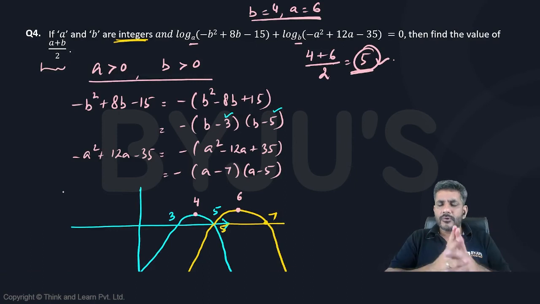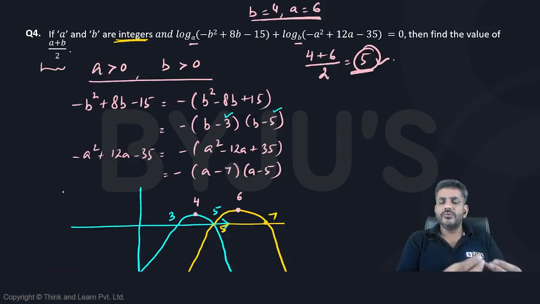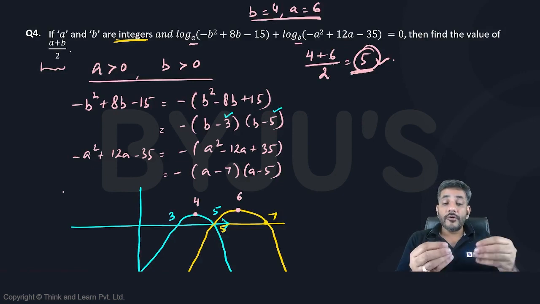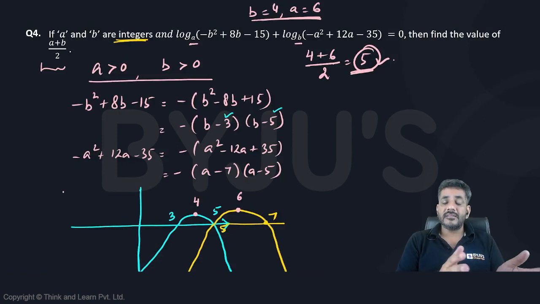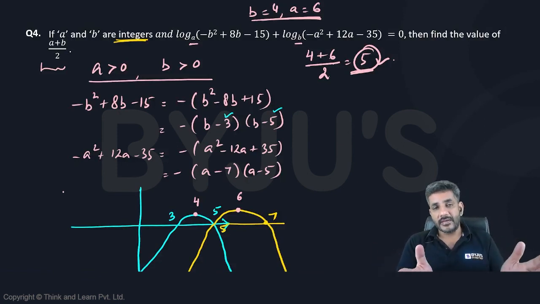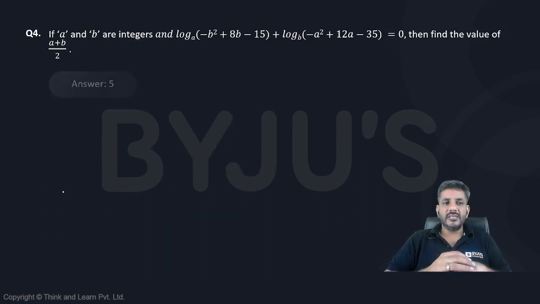I would probably put this question in the category of an easy question again, because it requires a simple concept: whether you know how to make the graph of a quadratic function or not. Or if you don't know how to make the graph of a quadratic function, at least you should know that when I say (b minus 3) into (b minus 5) is greater than 0, then all values of b between that range, for all those values, it will be true. So the answer for this question is equal to